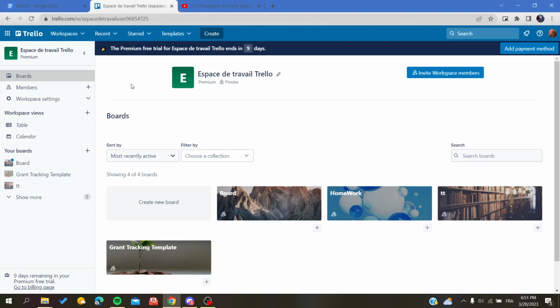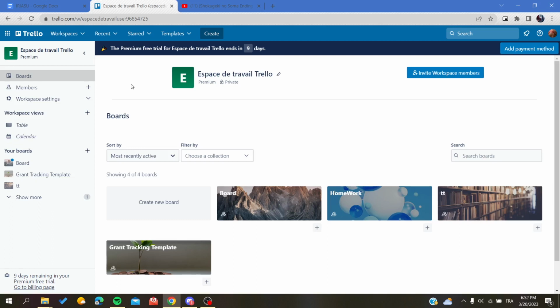And today I'm going to show you how to remove your lists in Trello web application. So the first thing that I will need you to do now is to open your Trello website and then just connect with your Trello account. And if you don't already have one, just connect with your Google, Apple or Facebook account and then just